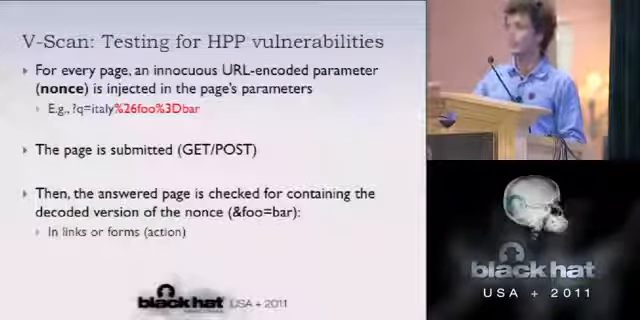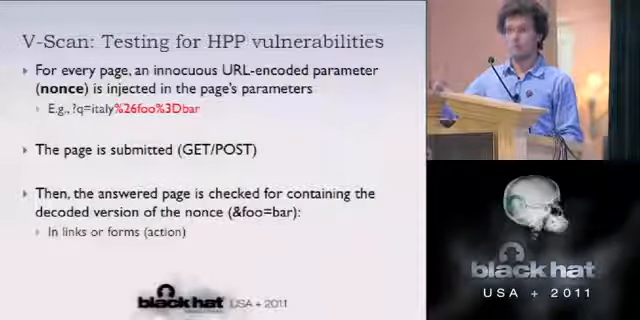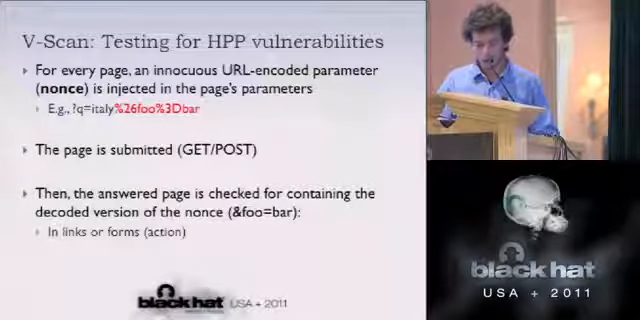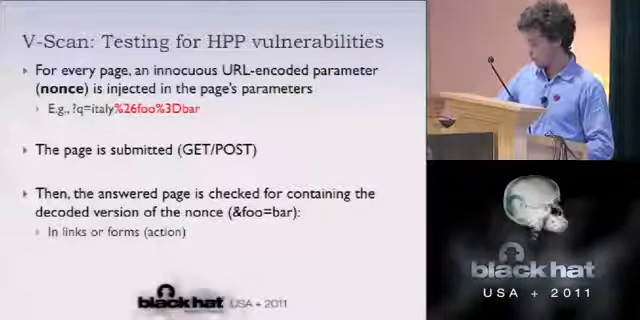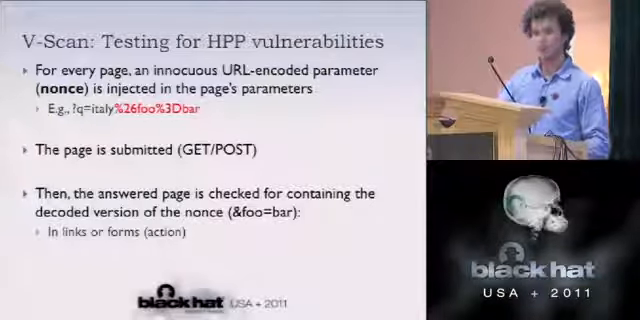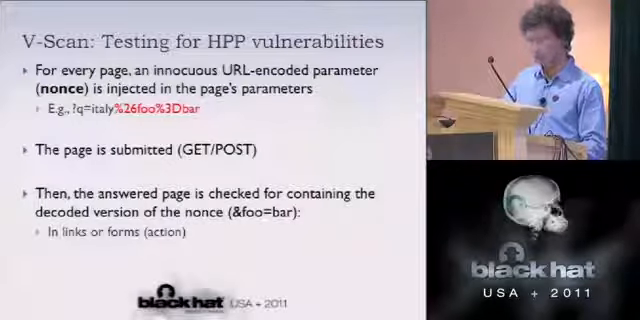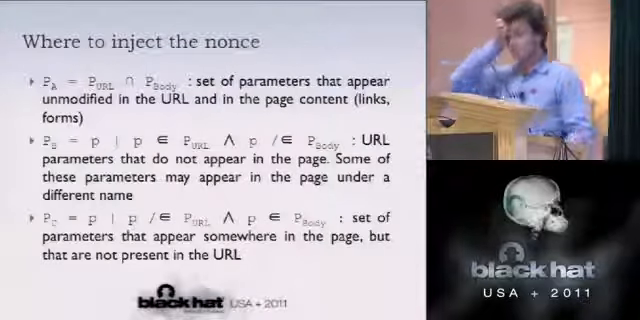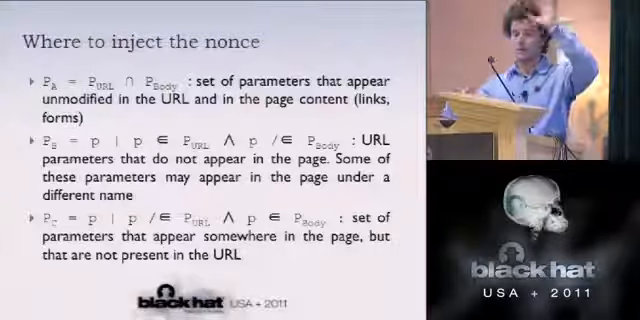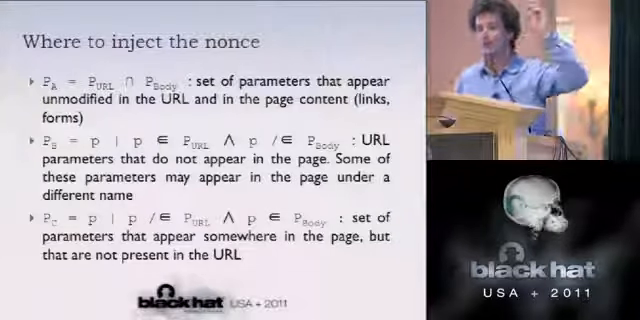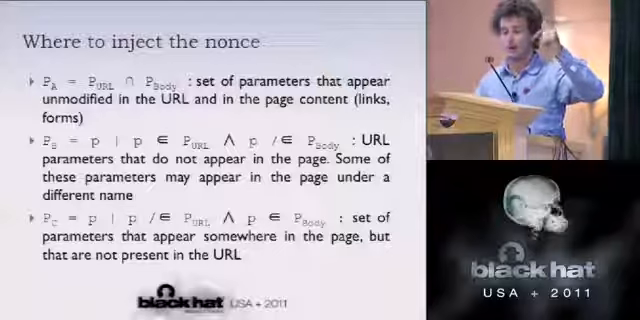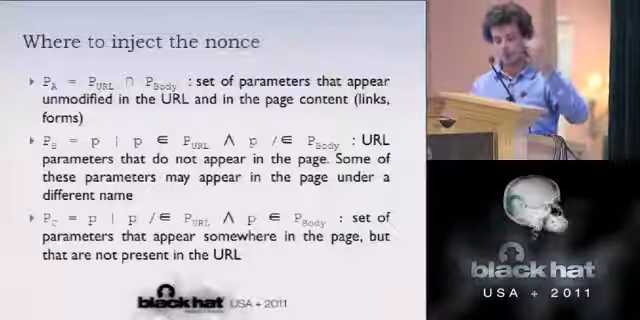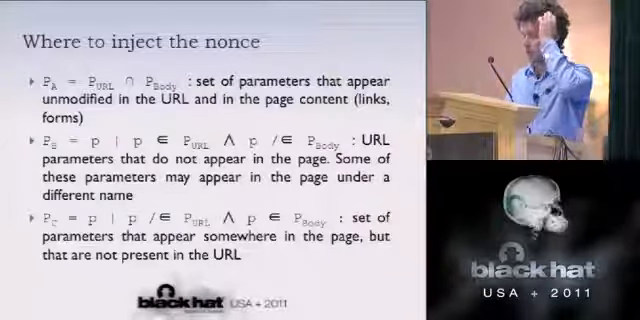And then you check whatever is in the page you get from the web application. You check whether this parameter has actually been used to build links or forms. So the basic thing somebody can do is to inject this nonce in all the parameters accepted by the application. This works. But to be fast, we actually created 3 sets of parameters. The first one are those that appear in the URL of the page and in the body,